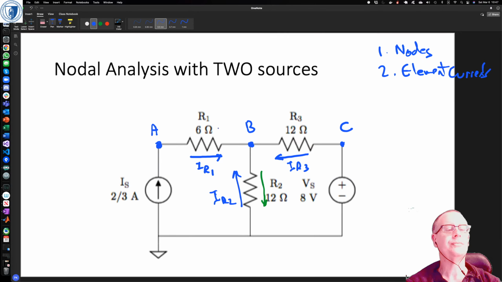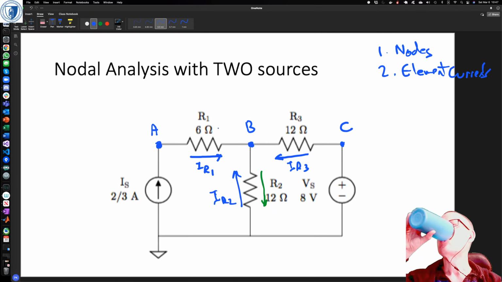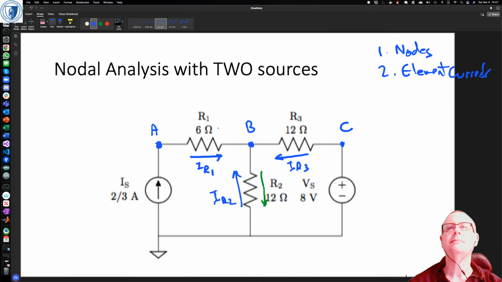A quick question. So if you have IR1 going to the right and IR2 going upwards, doesn't that mess with Kirchhoff's voltage law, because shouldn't that law still apply where the current all goes clockwise in one mesh? It does still apply. And the difference will be